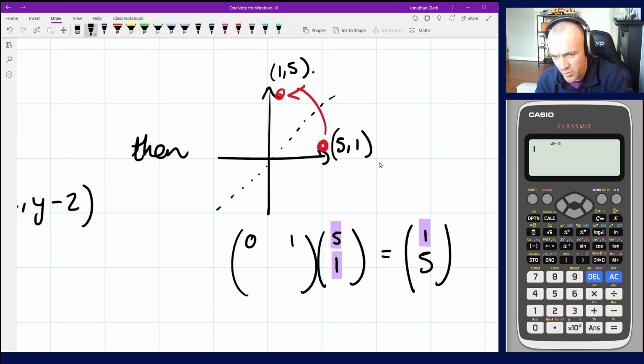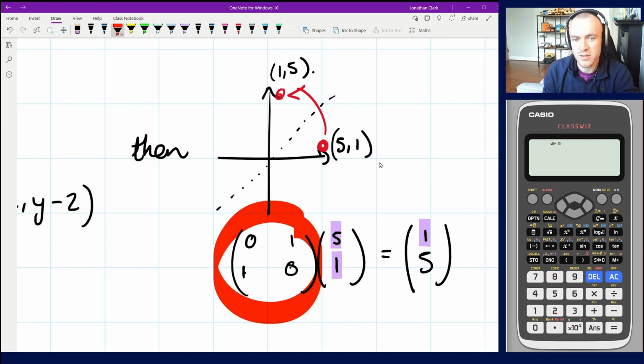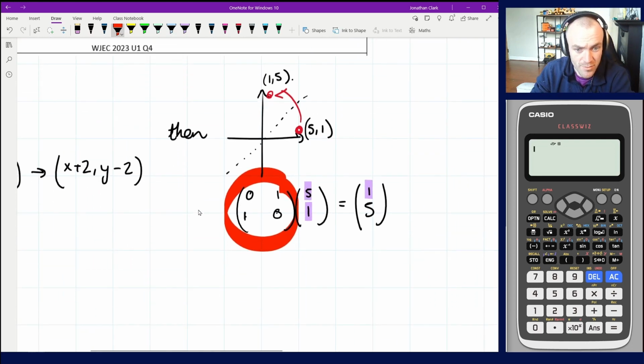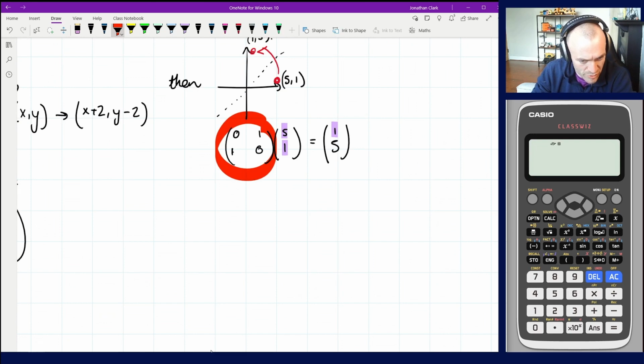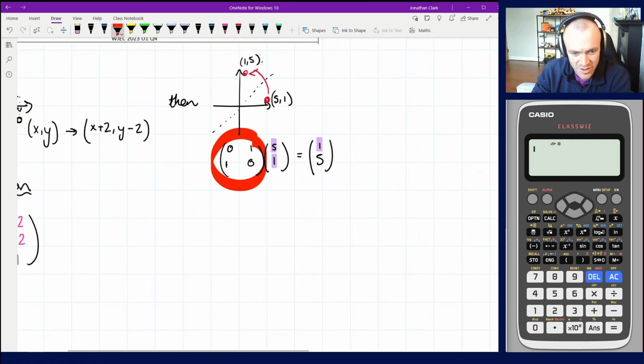Something really similar on the bottom line as well. Something times 5, something times 1 equals 5, 1 times 5. That matrix here is the thing that's doing my reflection. And in order to make it so that it works with the other matrix, the 3 by 3,